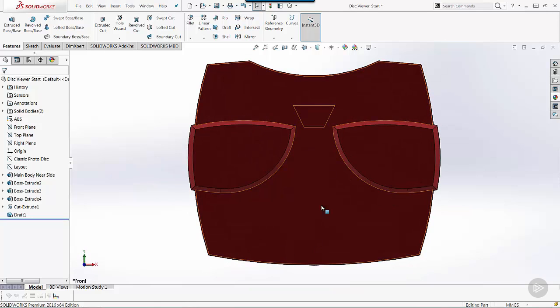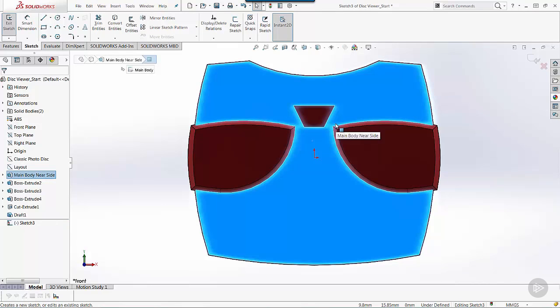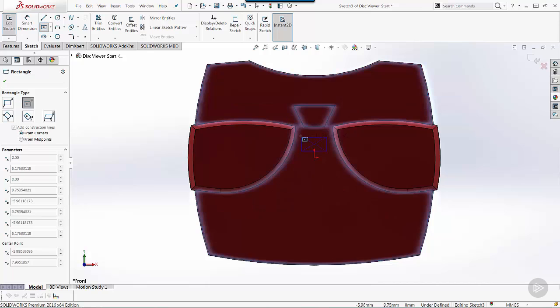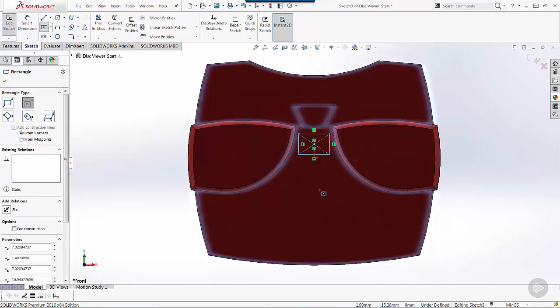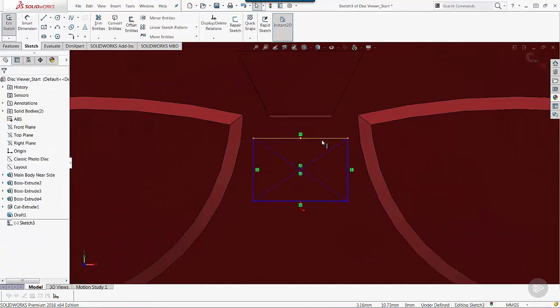So let's get to building that bridge. I'm going to select this near face to me, the larger flat face. I'm going to start a new sketch. And here I'm going to define a center rectangle up from the origin, and I'll just sketch it in roughly right there. Use the right mouse button, select,